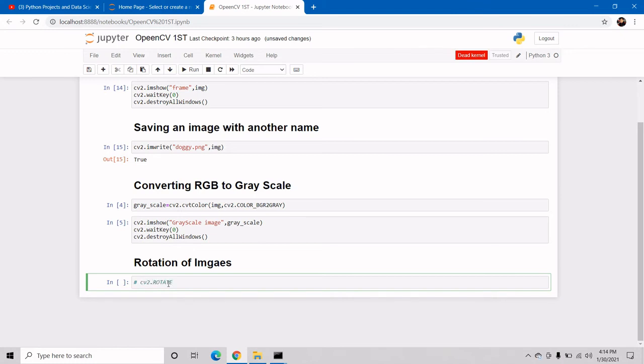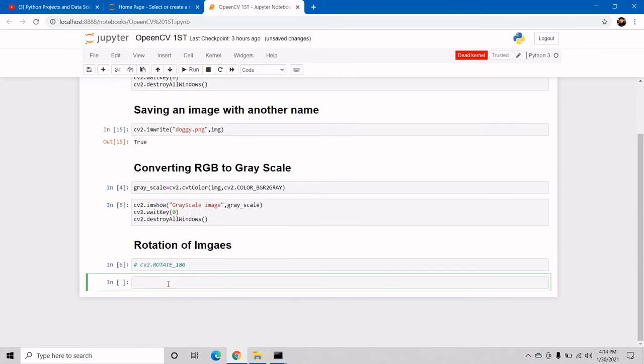So it will rotate our picture by 180 degrees. For that I am taking a new variable image, cv2.rotate. To rotate the images we are using the rotate function. Now suppose I want to rotate the grayscale image.